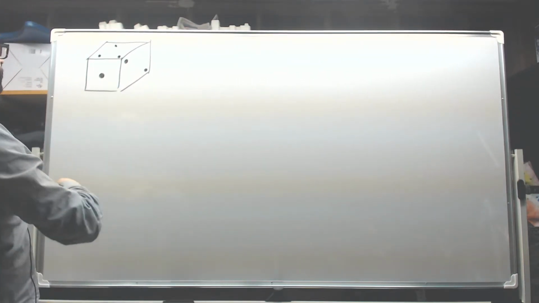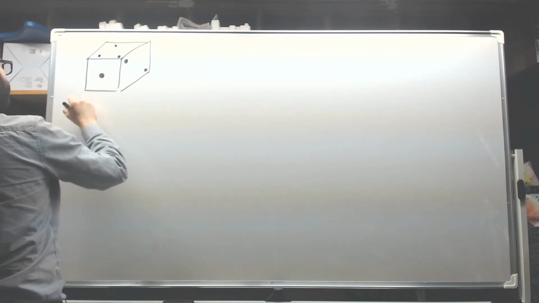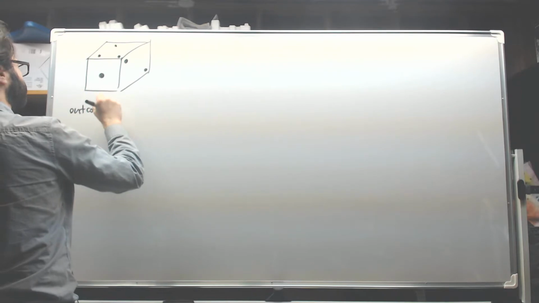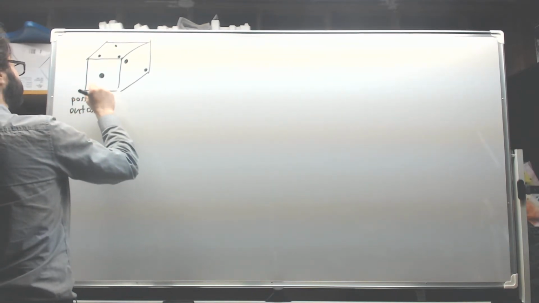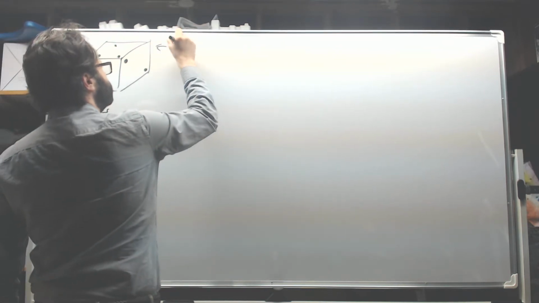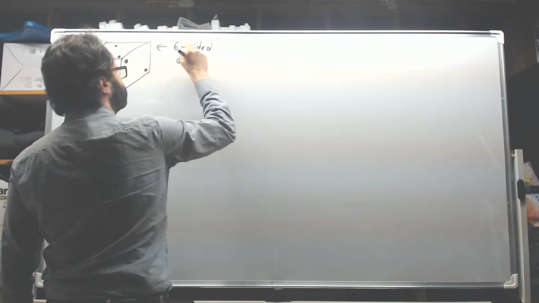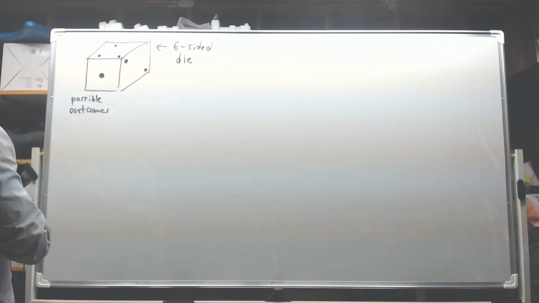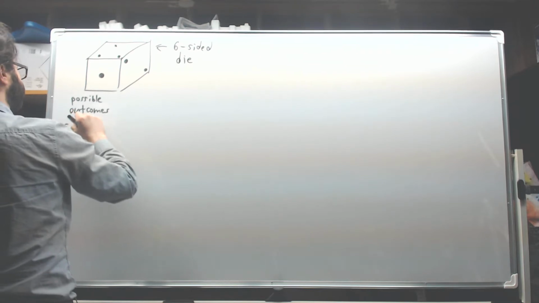And so a die is tossed, and the possible outcomes. Let's actually put in that this is a 6-sided die. The possible outcomes or inferences